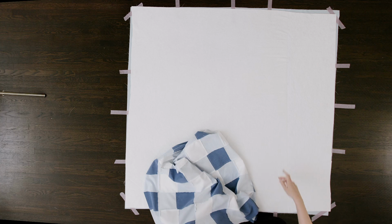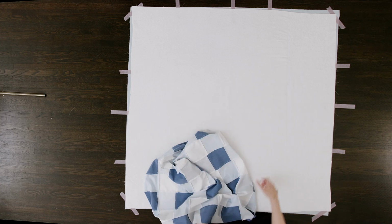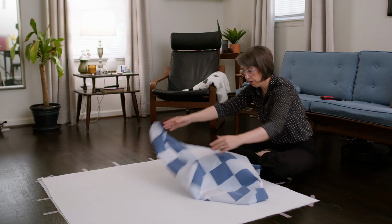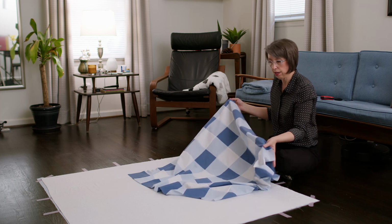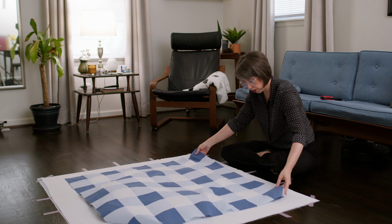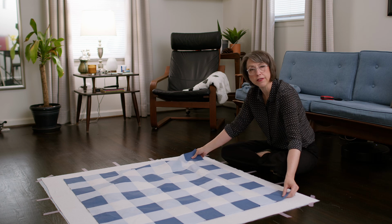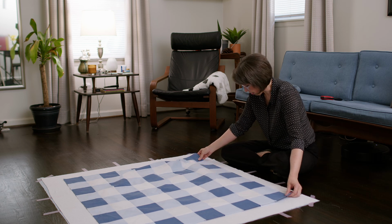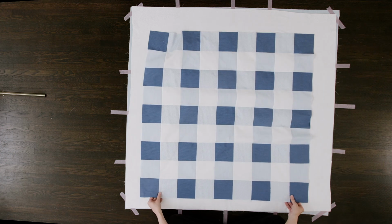Now is the time that you want to line your quilt top up. So for example, if this piece of tape and this piece of tape were straight, you would use some place on your quilt top to make sure that that's lined up. And sometimes you might want it to be straight and it's not exactly, but honestly, it will be very, very hard to tell in the final result. So I have just kind of fluffed my quilt top